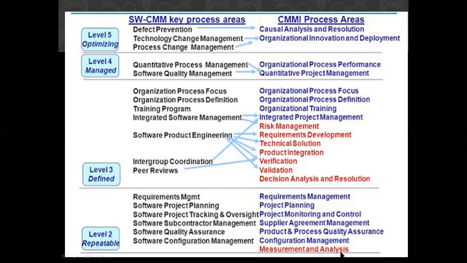So, in this particular diagram, you can see what are some new things added on, or where earlier two or three things merged up and made a new one in the CMMI process. In level 4, process performance is added up, and both process management and quality and quantitative management are added up in this one key process area only. Last one is your causal analysis and resolutions, organizational innovation and deployment.